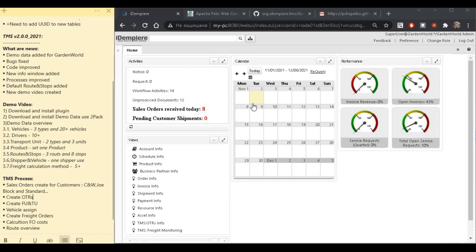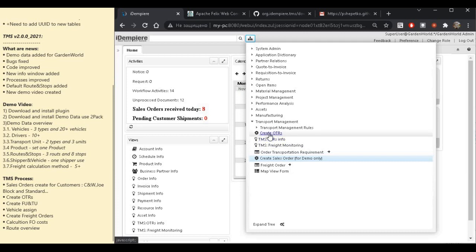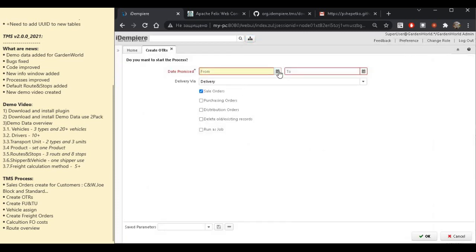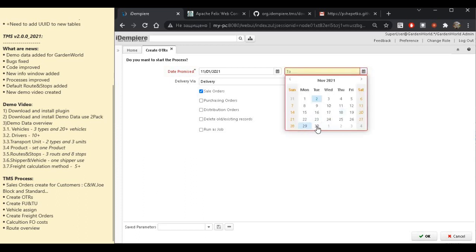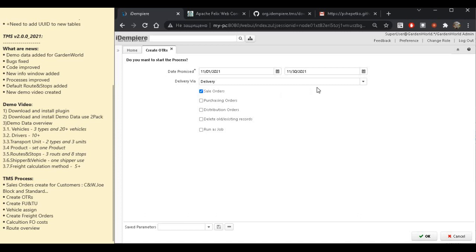For that we have a process where we need to add a date, 1 month, and the sales orders, and check delete old records. This process can also use purchase orders and distribution orders if you need. After that we can